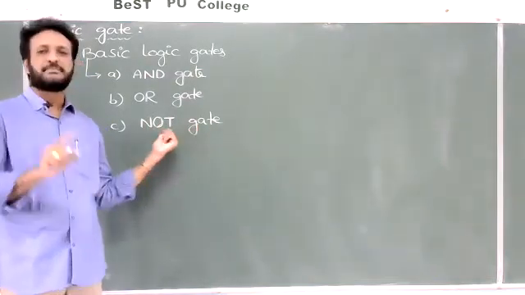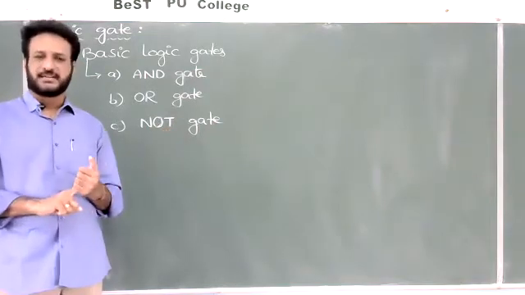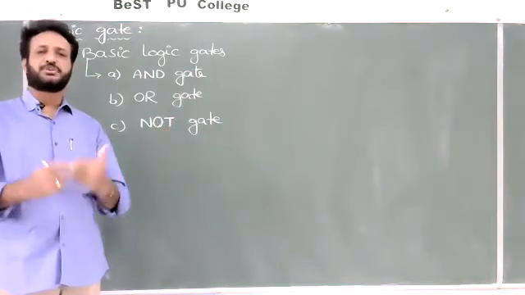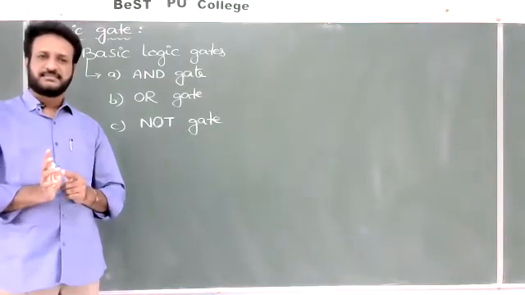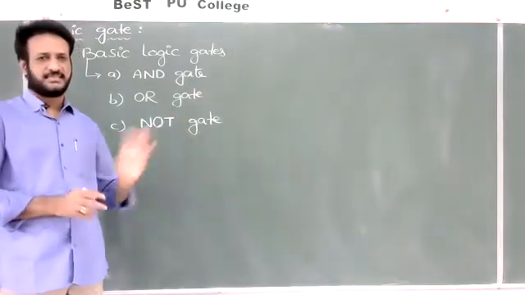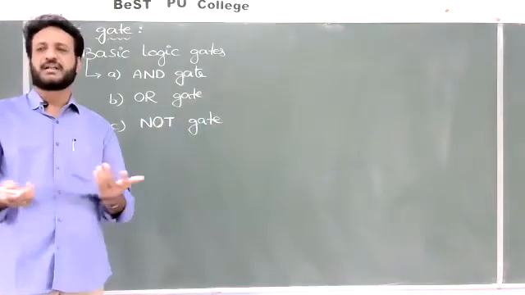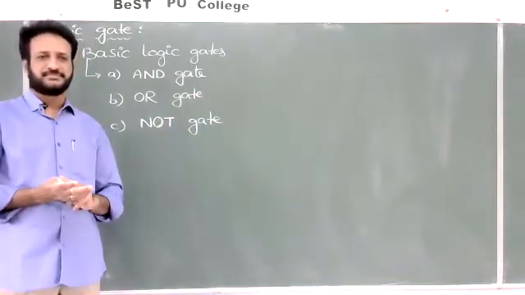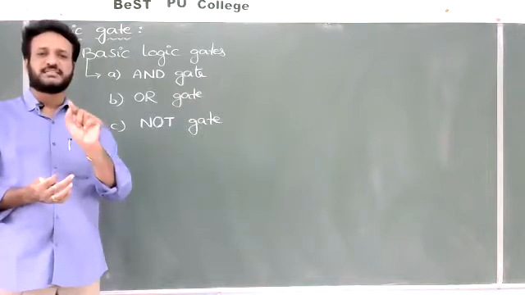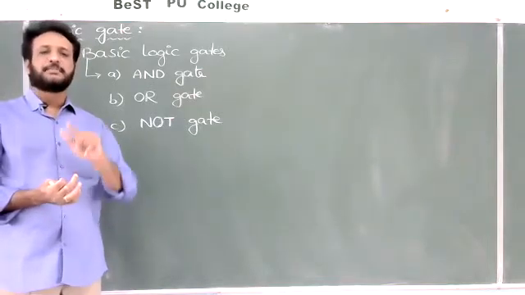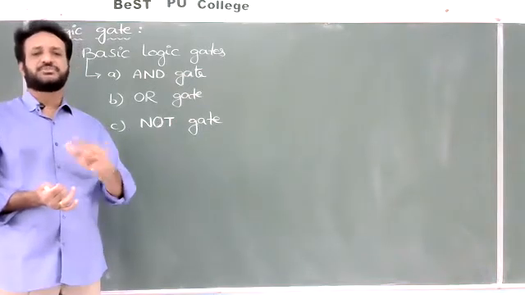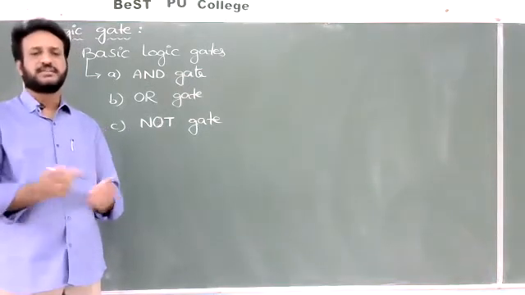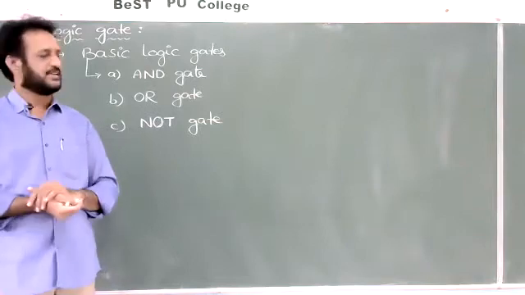We use the symbol bar for it. There will be no minus in this case; the minus we say only as a bar. So plus is logical addition, into or dot is logical multiplication, bar is logical inversion, and the equals symbol we generally use for equating the values on both sides.